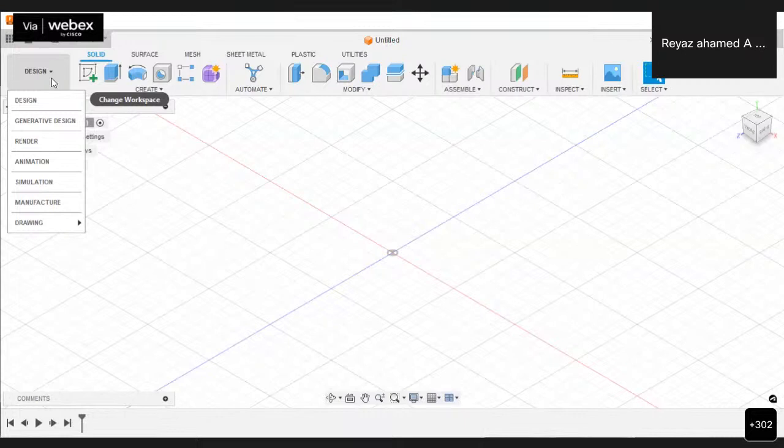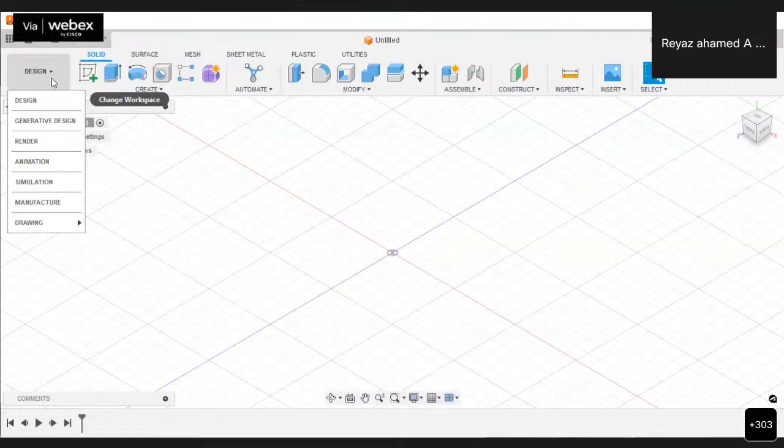You may simulate the model. You may animate the model by motions, and analyze the model with the help of simulation. Different kinds of analysis are possible here, and then you may manufacture. You may set up a manufacturing setup with the help of Fusion 360, and then convert that model into a drawing also.